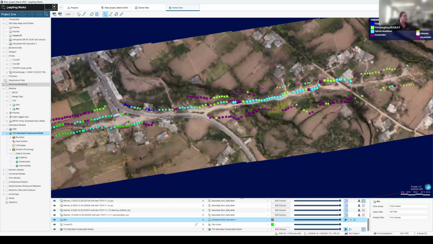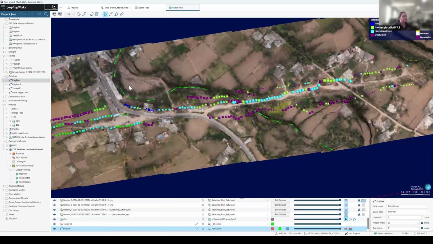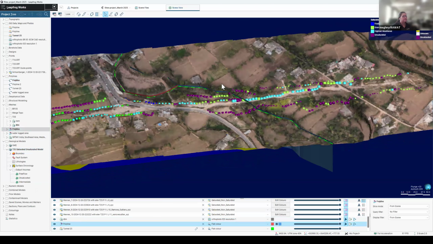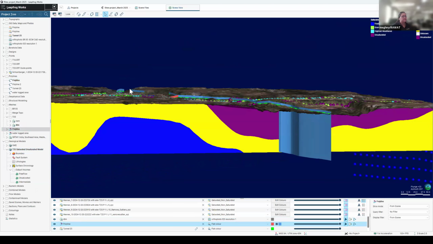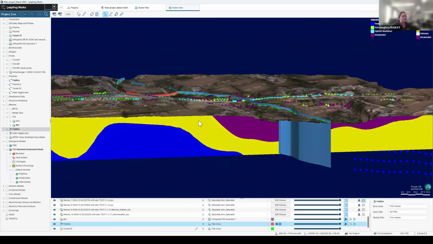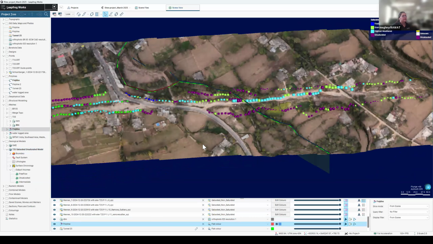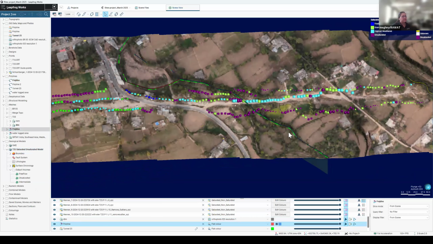So I've created these polylines here. If I drag and drop, I can see this is the nala. And then I have created this mesh, which is just the groundwater table, the water line. Now if I cut a section across this,